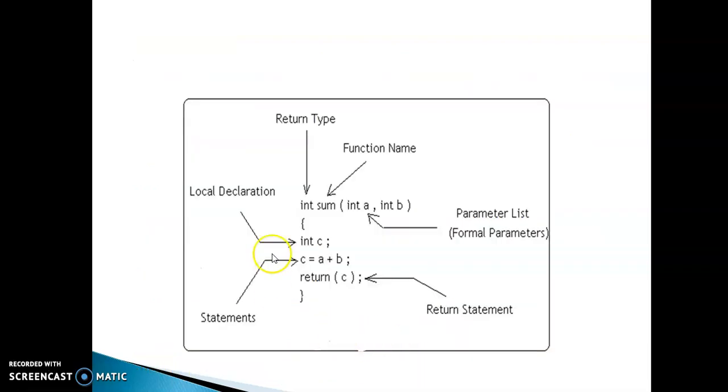This is an example of a function definition. So here it is a function definition to add two numbers. It has a return type, it has a function name, and this a and b are the parameters. As we are going to add two numbers, the result is stored in c. So we are writing an expression c equal to a plus b. It is an executable statement, and int c is a declaration statement. So return c, this c is returned. This function definition returns the sum that is stored in c to the function call from where it is called.